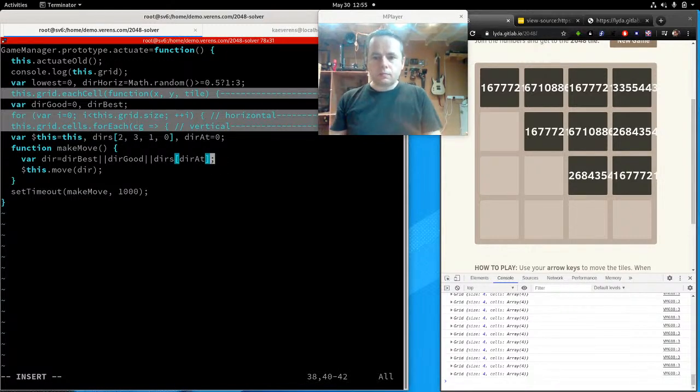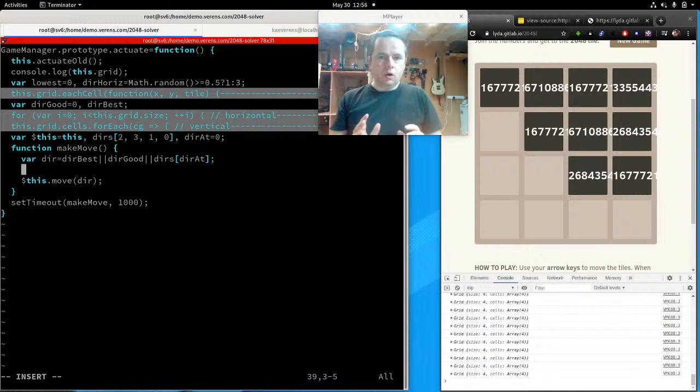Now, in this case, it will choose the first because dir at is 0. So if there's no good move to make, move down. But we want it to check and see, did it work? And if it failed, try again, but with the next. Now, there's always going to be one good move you can make. All right, so we need to record the current state of the board, make a move, and if the current state is exactly the same as the state after the move, well, then it failed, and we just try it again. So current state equals